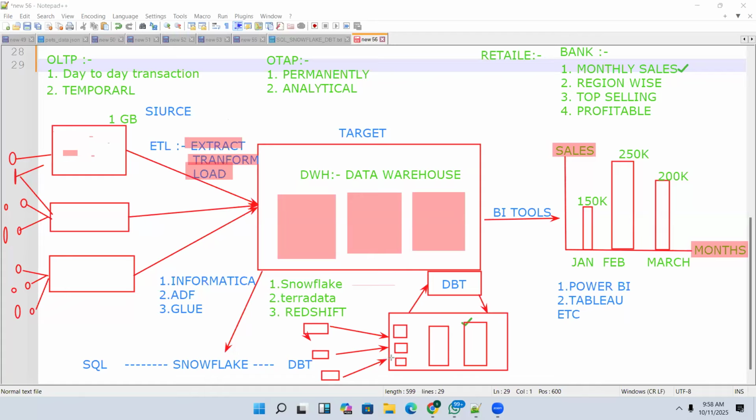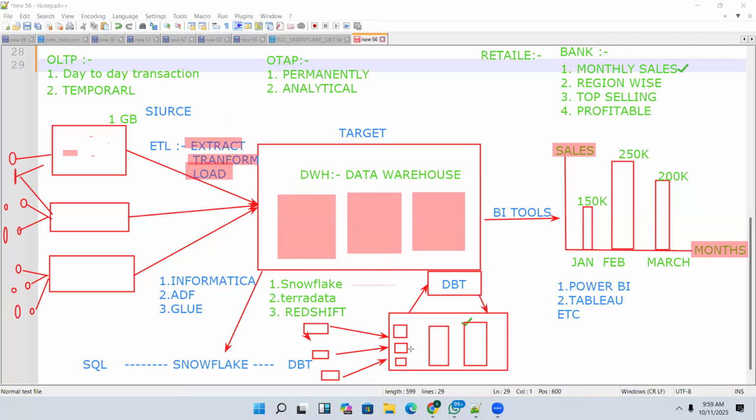When our work starts, we need to do some transformations, and the data is already available in Snowflake. Only for transformations, what we can use is DBT. Let me make it clear: data is already loaded from the different sources and the raw data is available.